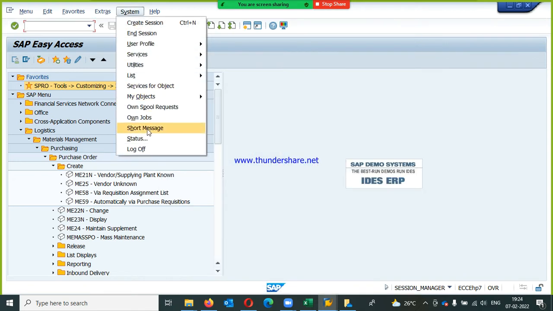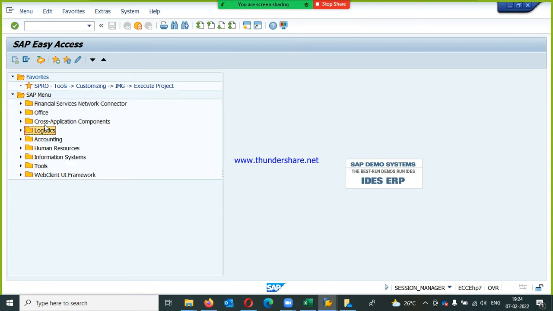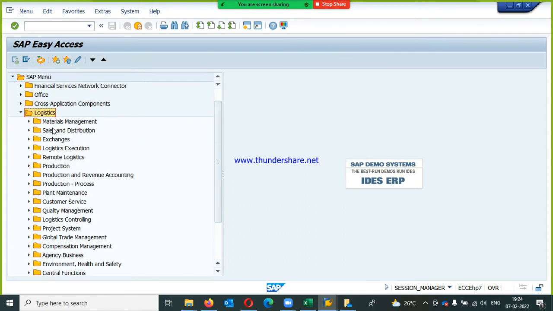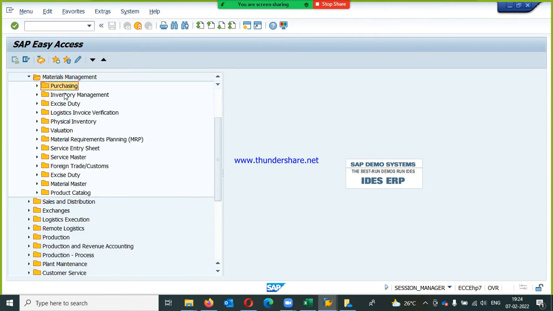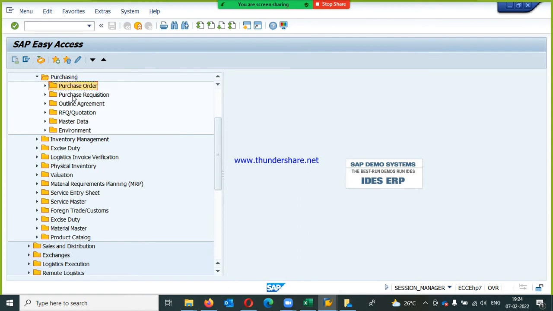Okay, if you go with system status, fine. Then as I told you, SAP has been categorized into 3 types at the easy access level: logistics, accounting, HR. If you go into logistics and then materials management, as we are in materials management, here we have so many options like purchasing, inventory management, logistics invoice verification, physical inventory, MRP, service entry, service master, many things are there in materials management. If you open purchasing, okay, we have purchase order, purchase requisition, outline agreement, RFQ or quotation,